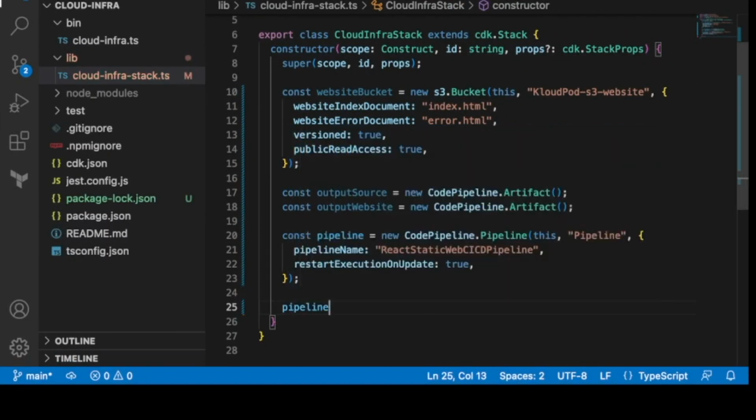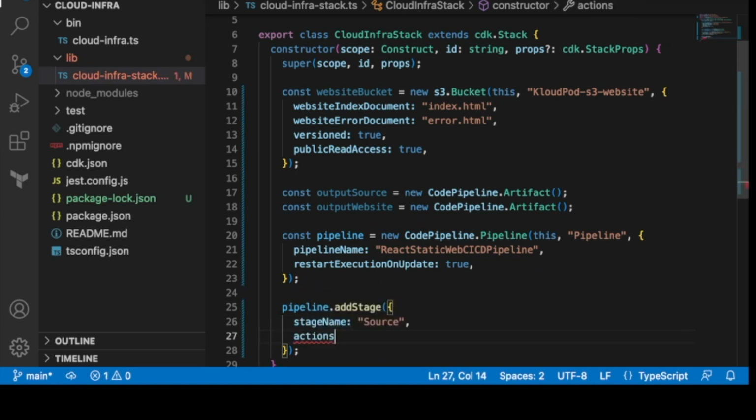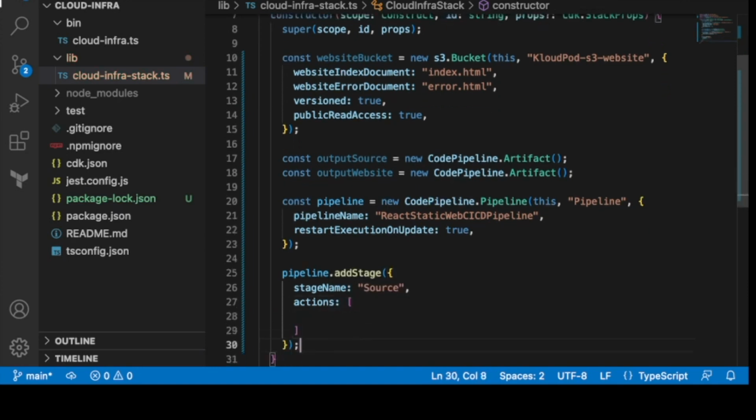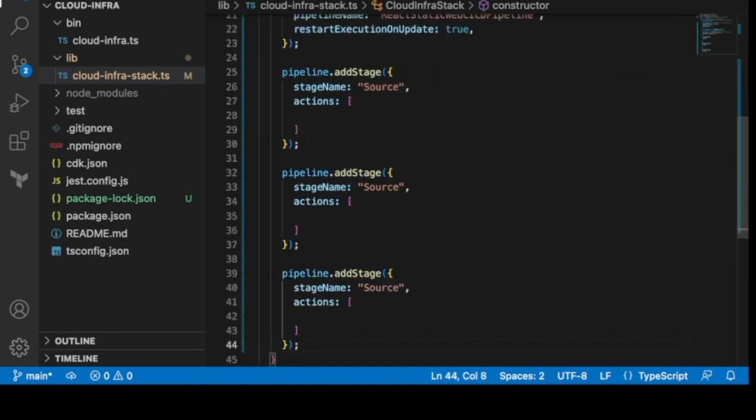So pipeline dot add stage, stage name, name it as source, actions, for now I'm going to keep it empty. Okay, I have to add 3 stages, so I'm going to rename this to source, from source to build, and last but not the least to deploy. Right,